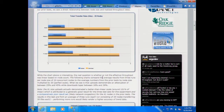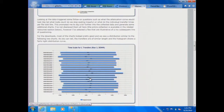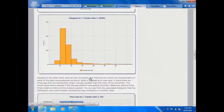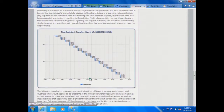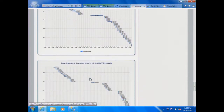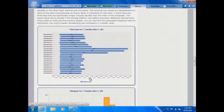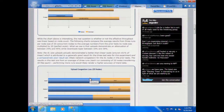Basically, there are graphs. This one's kind of 3D. The other ones were flatter. There's not even all bar charts, there are some other ones as well. There we go. Histograms. Anything that has a histogram you can trust. I've learned that. What's my favorite color? Histogram. Yeah. So with this, in deep knowledge of our transfer rates within Windows Azure, and he actually does mention